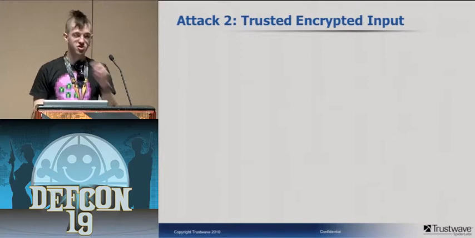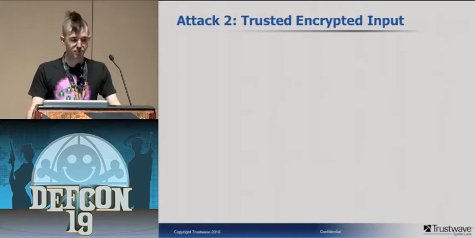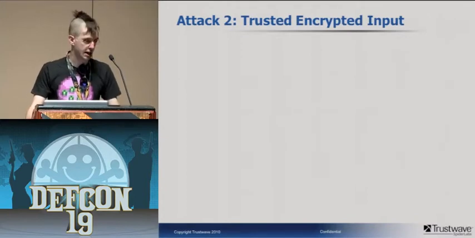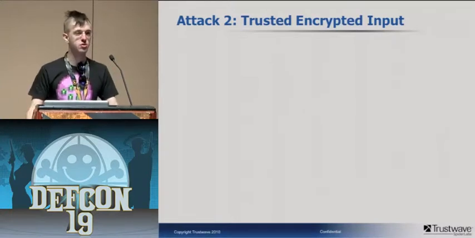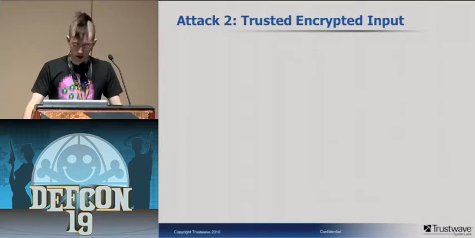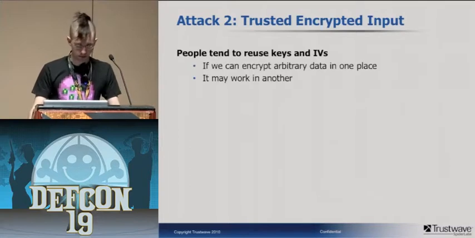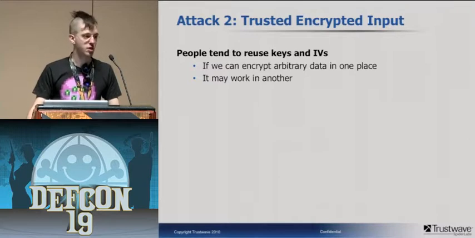Now let's say that we don't have a shitty cipher. Let's say that we're using something like AES, and let's say we're even using it in a really decent way. The thing is, people tend to reuse keys and IVs. So let's say that the only mistake we're making here is to reuse the same key and IV in multiple